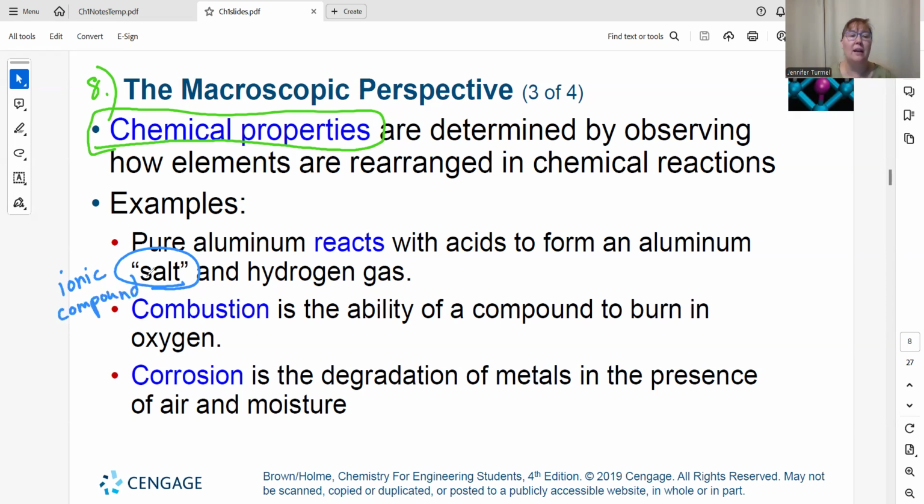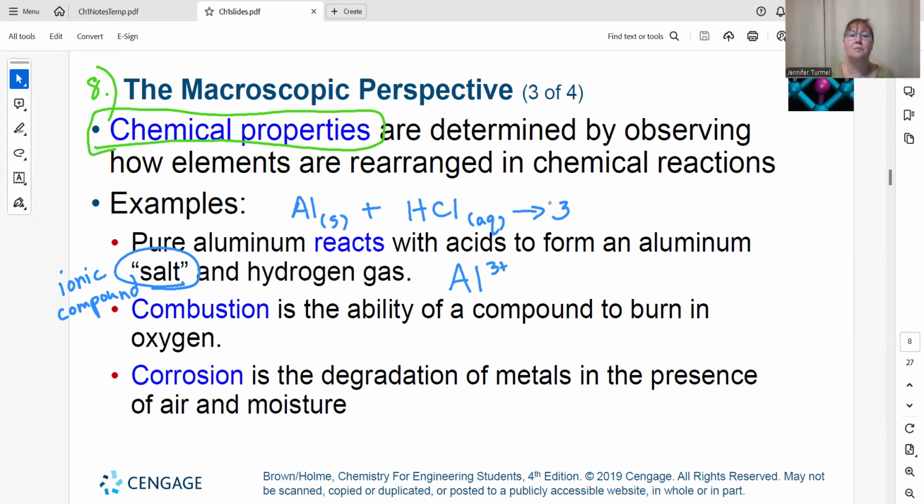We don't just mean table salt. Okay. And so what's happening is that pure aluminum reacts with acids to form an aluminum salt. So we go from aluminum solid, we'll say, plus hydrochloric acid, and that's aqueous. And aluminum forms 3 plus ions, which means this is going to become,